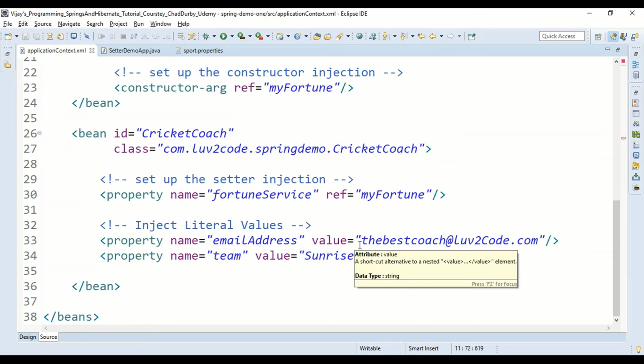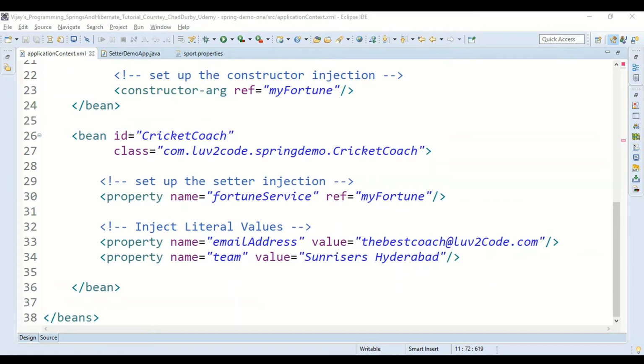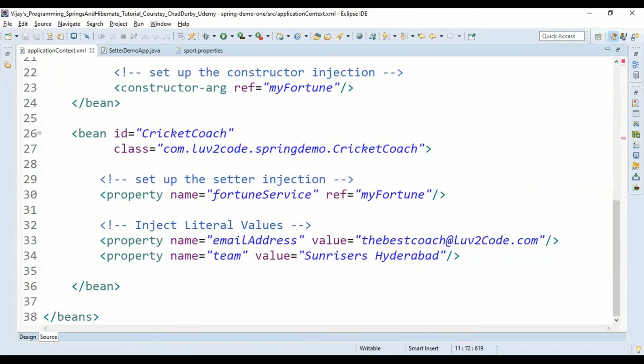That is what we are doing in the third step, right? We are referencing the values from the properties file. How can we do that? What is the syntax? That is a dollar symbol, within a pair of curly brackets, foo.email, that is the first property name we have,